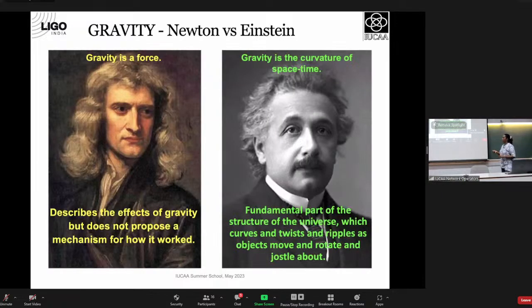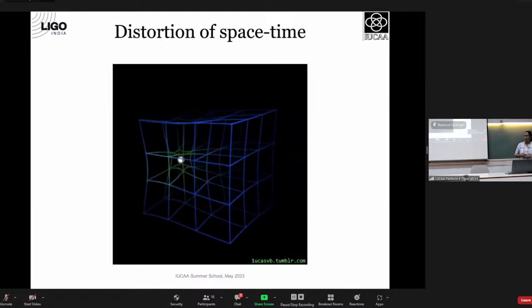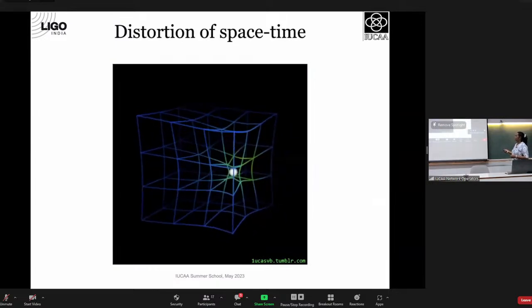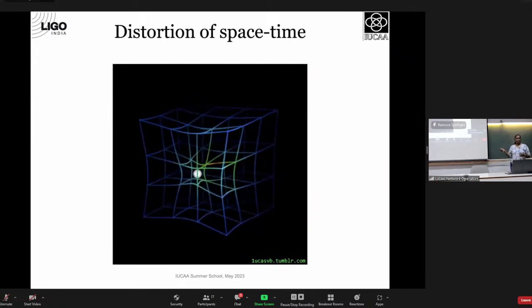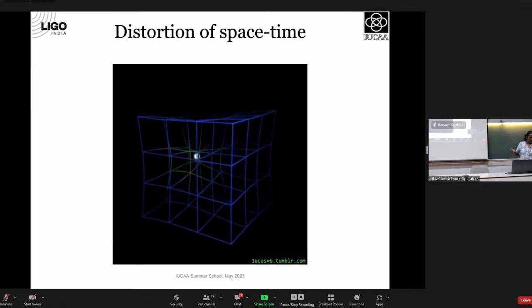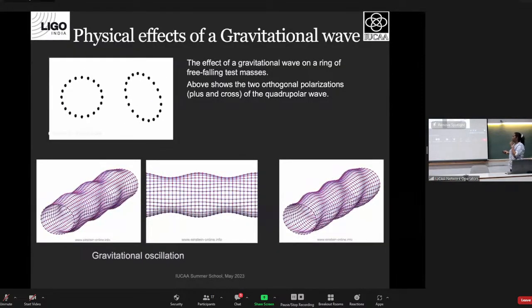So to start with, I think this is what Dr. Mitra talked about in the morning, distinguishing how Newton defines gravity and how Einstein defines gravity. And the detection of gravitational waves comes from this, right? That's what explains the source of a gravitational wave. So when you have a heavy mass, as it twists and ripples, it pulls the space-time around it, and that creates waves around it. So it looks something like this. You have a heavy mass, and you have a space-time, and when it moves around, it's going to warp the space-time around it. And how does such a gravitational wave